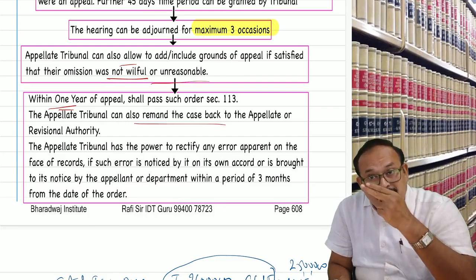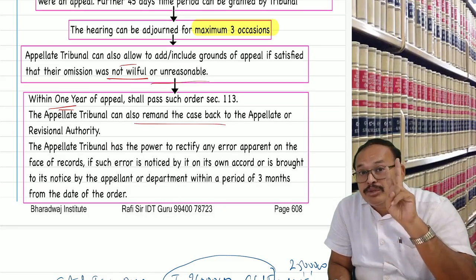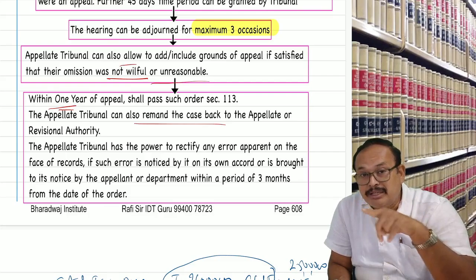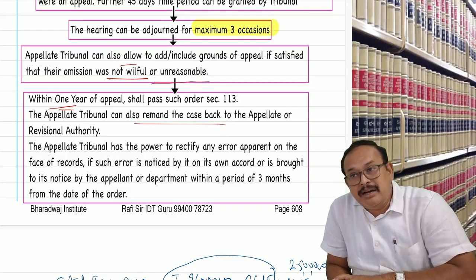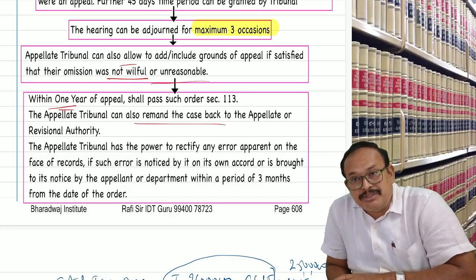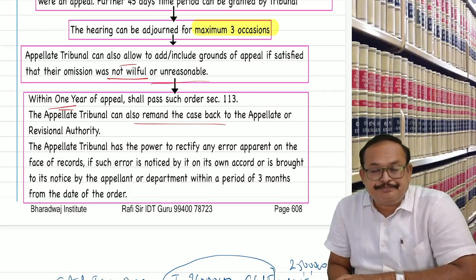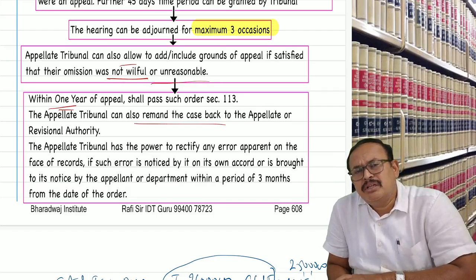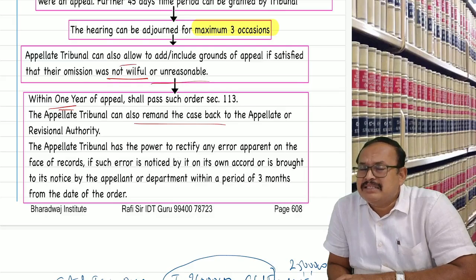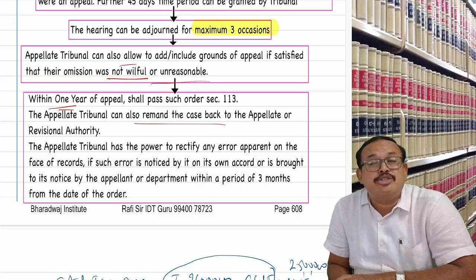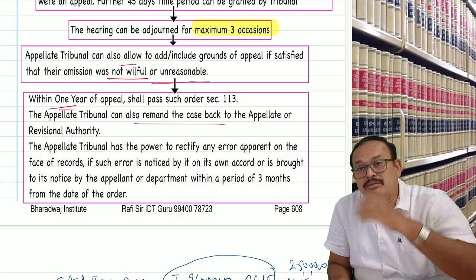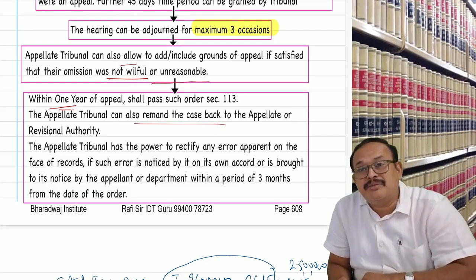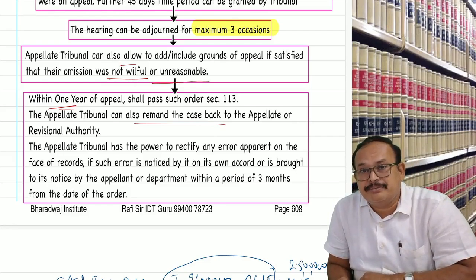In that case, from their order, the time period is 2 years to pass the order. 2 years time period is there for the department. This point we referred to already under section 75, general provisions. Get my point, sir? Now please come back. In the given case, who is not having the power to remand the matter back to the adjudicating authority? Joint Commissioner Appeals, Commissioner Appeals. They won't have the right. They should act as the adjudicating authority themselves to pass the order.